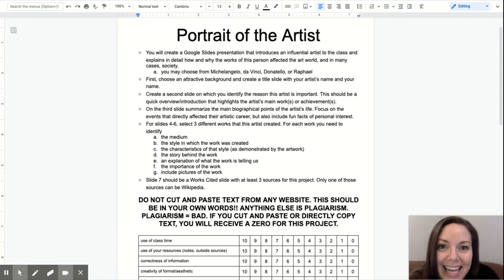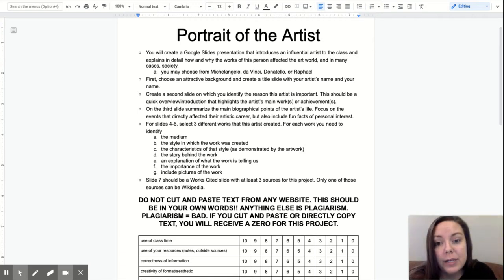All right, guys, today I'm going to be explaining to you what you are doing for your project of the Renaissance. So you are going to be doing a portrait of the artist. So you're going to create a Google Slides presentation. So you'll go to slides.google.com, make a new presentation that introduces one of the influential artists that we've talked about